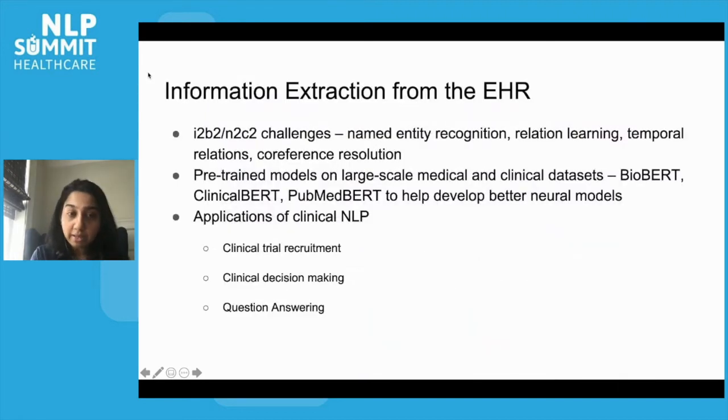which is where NLP comes in, natural language processing, where in the last decade there have been several efforts to try and extract useful information from these clinical records, especially clinical notes. There were the I2B2 or N2C2 challenges, which were done for a variety of tasks, including named entity recognition, relational learning, temporal relations, co-reference resolution, and so on. What this allows us to do is extract important entities, relations from these clinical notes and reason about them. Allow the computer to reason about them to give us, in an automated fashion,